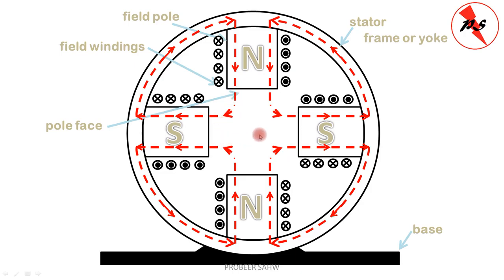Now what we do, we have to keep the rotor within this space so that the air gap between the field poles and the rotor is minimum. So we take a circular or cylindrical rotor. This is the cylindrical rotor, in which the armature windings are housed. These are the field poles, which are part of the stator, and on these the field windings are there, and this is the rotor on which armature windings will be kept.